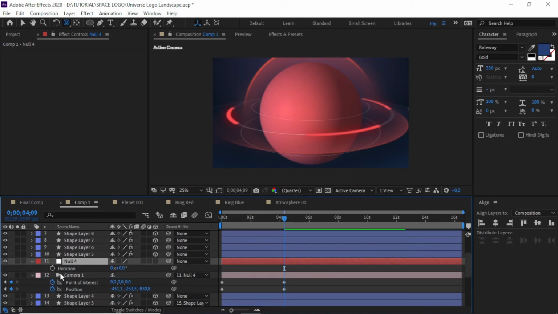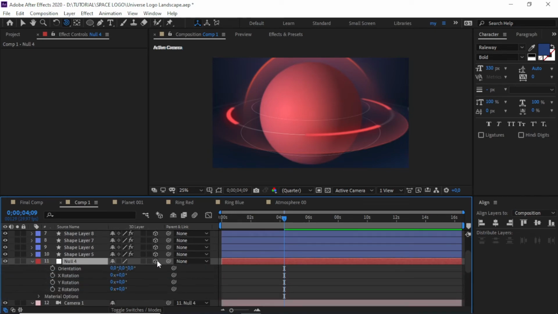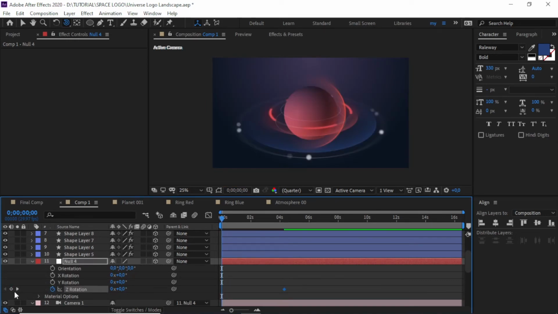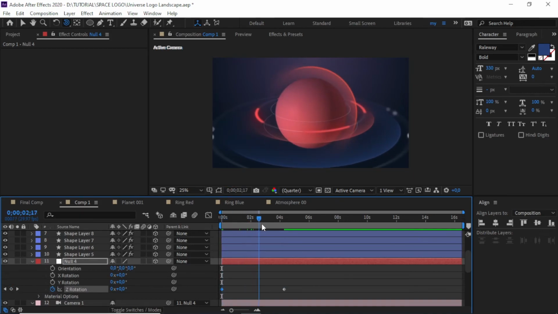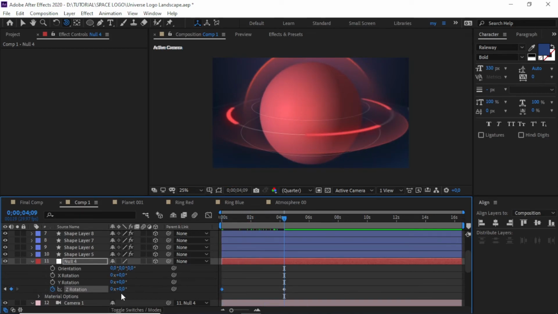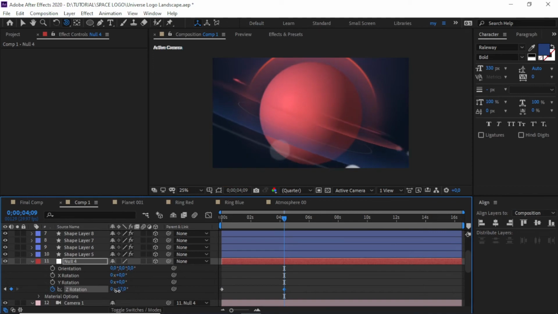Hit R, make it 3D with Z rotation. On the last keyframe we change the rotation like this.